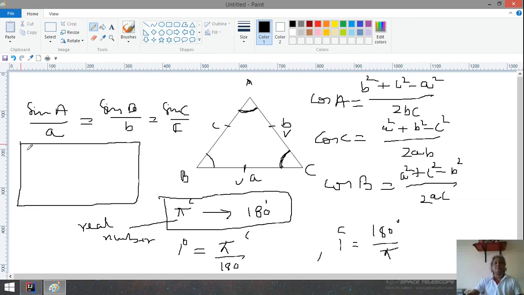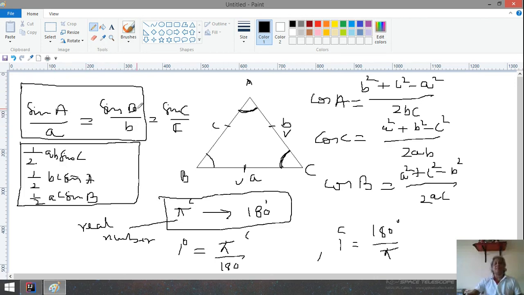Area of triangle is half AB sine C, or half BC sine A, or half AC sine B. So this is the area of the triangle, but we are assuming that the user is entering A, B and capital A. So now I will use this relation